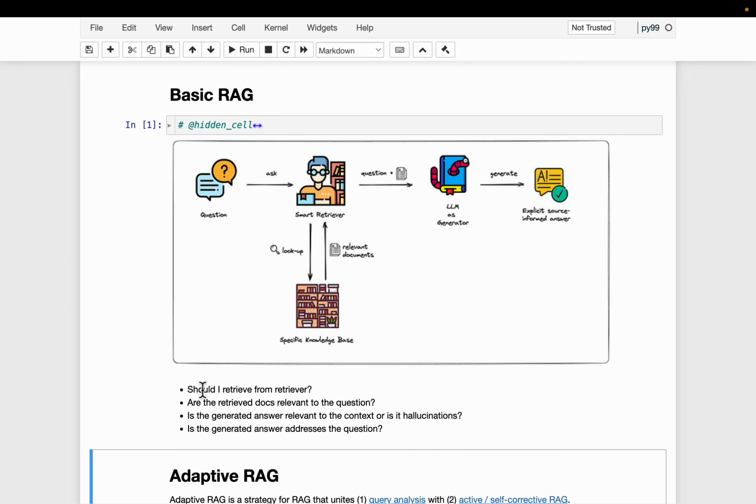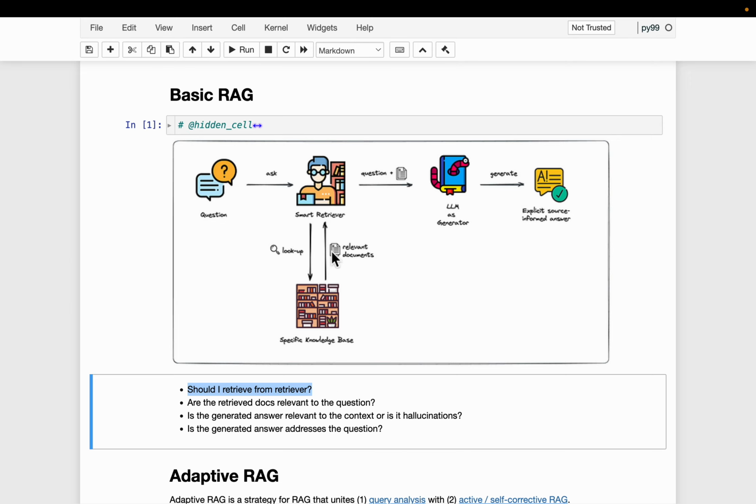So the first limitation the RAG system has is it doesn't know if it should retrieve from the retriever, or if it should go ahead and answer because it is too generic a question, or it should maybe search the web. So the first one is the routing problem.